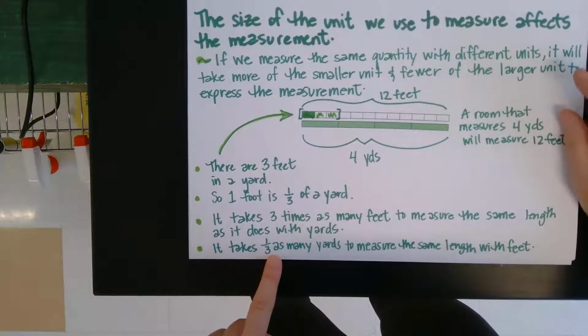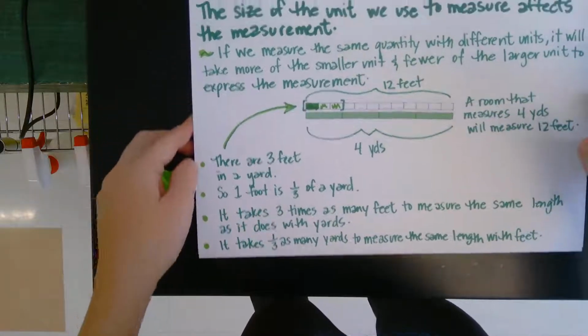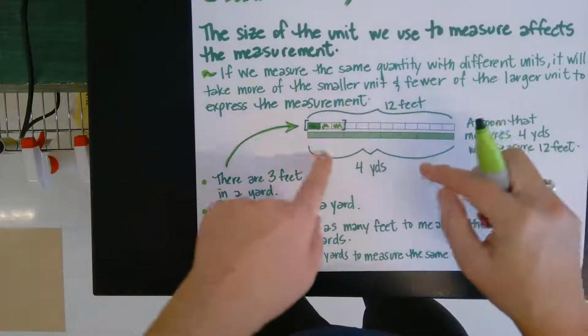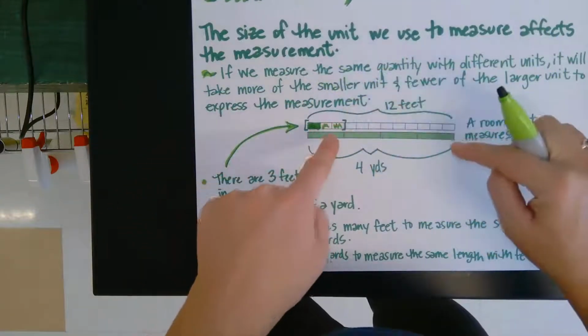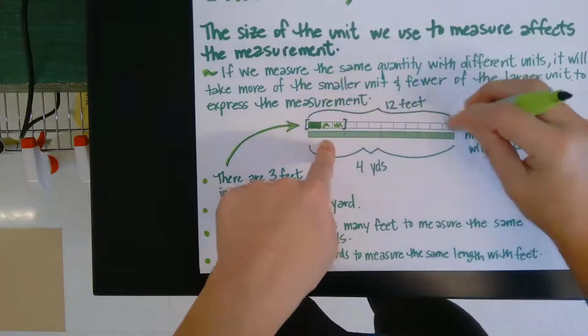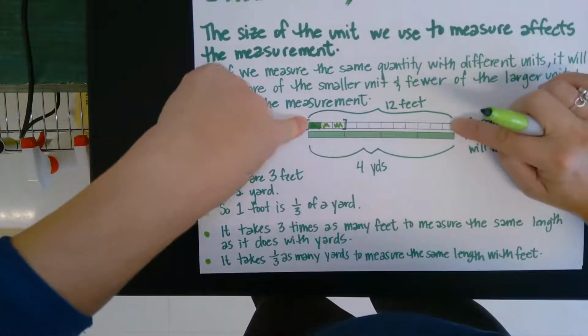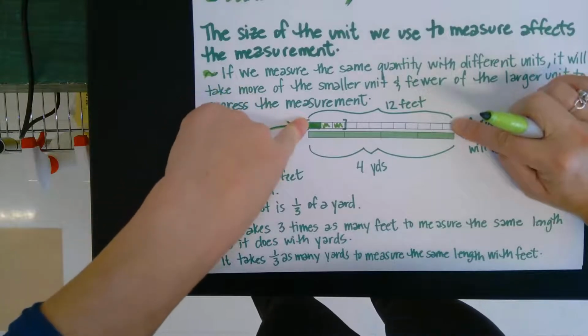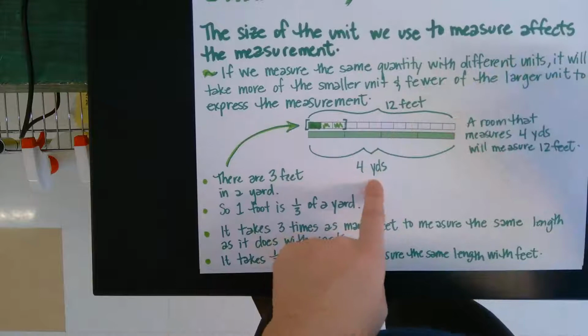And then it takes a third as many yards to measure the same length. So if we're measuring a third, it's going to take us a third as many yards to get the same length in feet. So if we take this distance and we know it's 12 feet, and we want to turn that to yards, then we have to take a third of that value, a third of 12, to get our 4